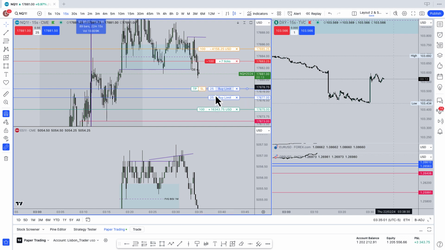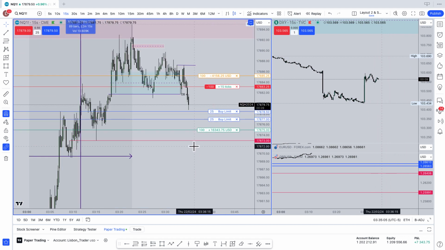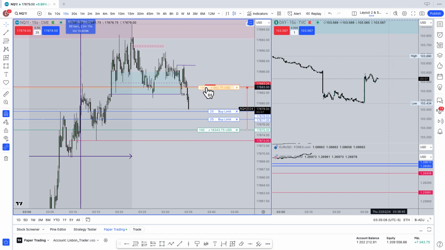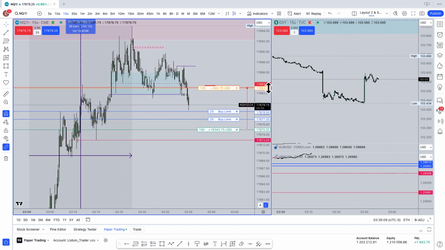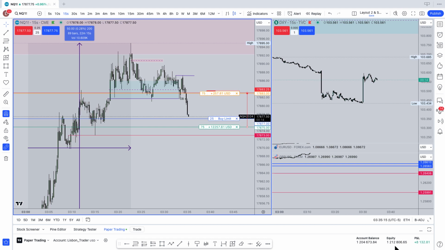There, and push it lower. Break even, so can't lose. So we are about 12k,